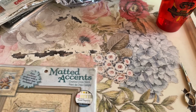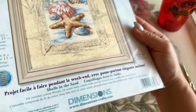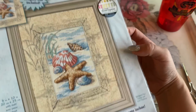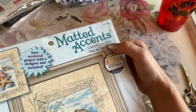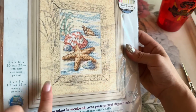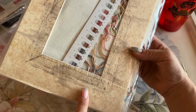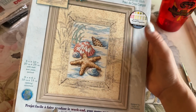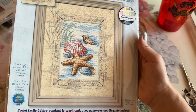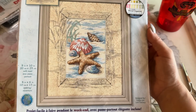Talking about seaside, there's another, I believe, yes, so this is Dimensions, but there's some Matted Accents collection, and the reason I call it that is because it's in a kit. There you go. So you already have the border. All you need to do is find the frame, or you don't have to use it, but I think it's very, very cute. I will substitute fabric for even weave,